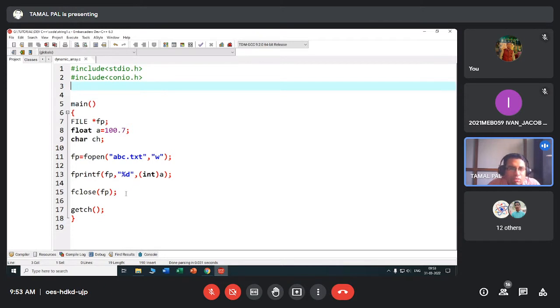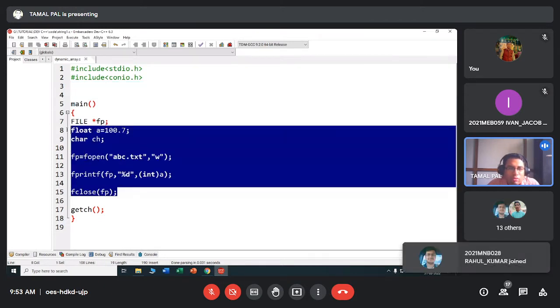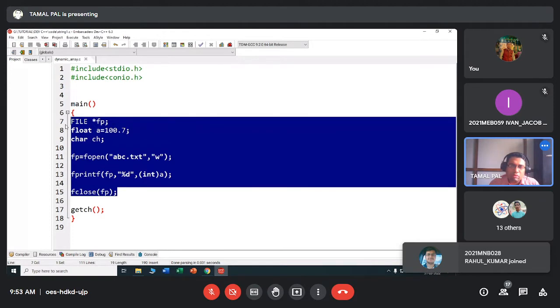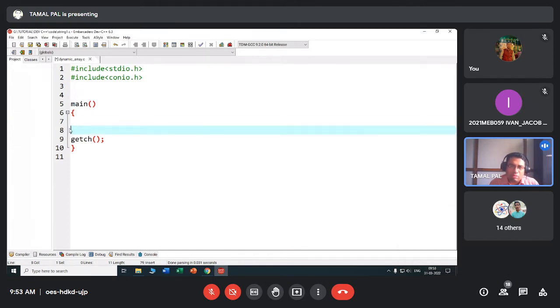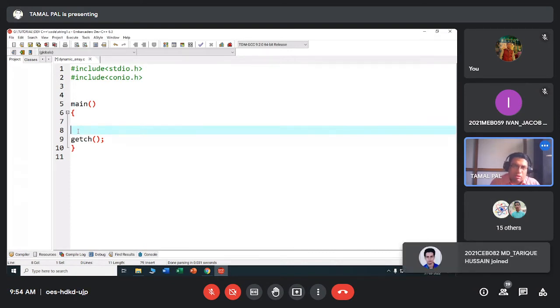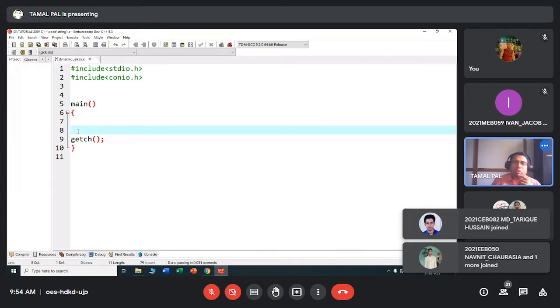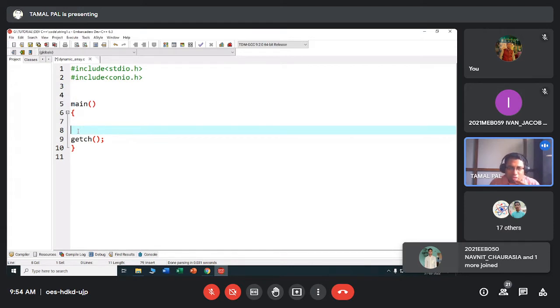For a dynamic array, actually we need to have one pointer, and we need to use the malloc function, malloc or calloc, whatever. I have already discussed. So first of all, I am writing the dynamic memory. Then I will write the declaration part. I want the dynamic memory of size, okay, I will not specify the size since it is dynamic. User will specify. So enter